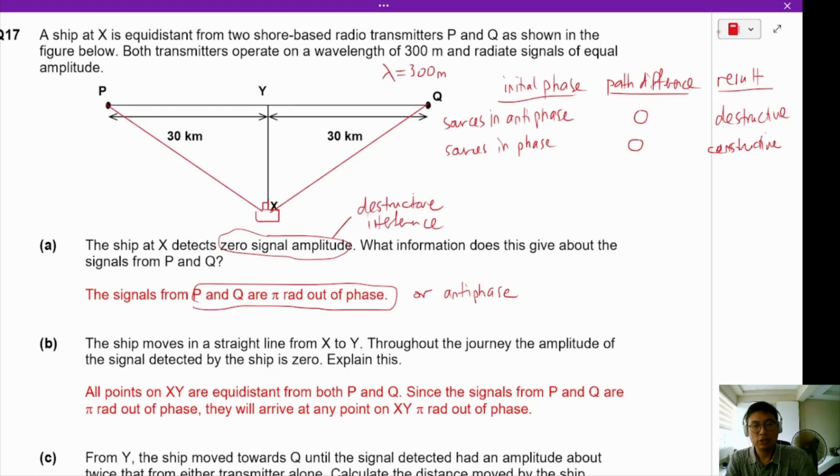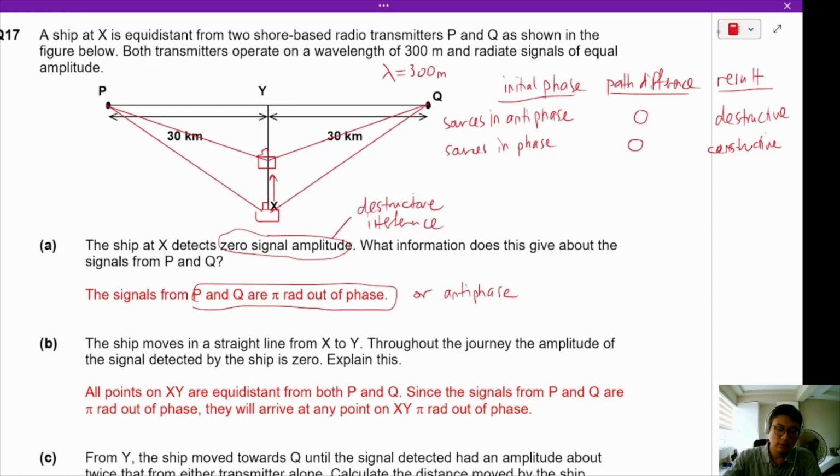The ship moves in a straight line from X to Y. Throughout the journey, the amplitude of the signal detected by the ship is 0. So let's say the ship moves in a straight line from X all the way to Y. You can see that over here, when the ship is at this position, the path difference is still 0. And if the path difference is still 0 and the sources are in antiphase, the result will always be destructive